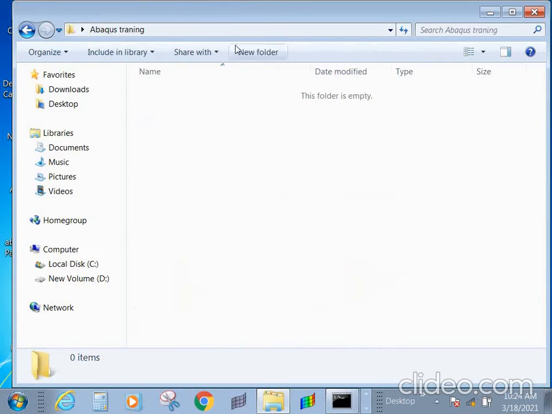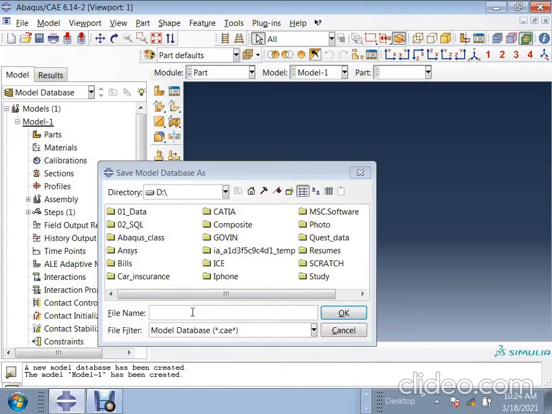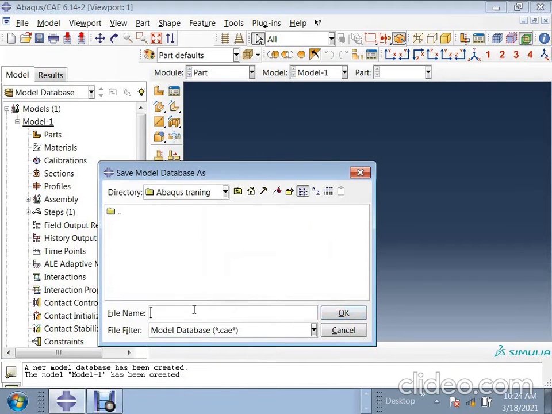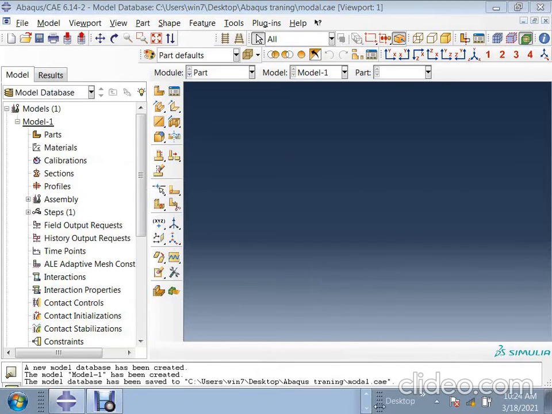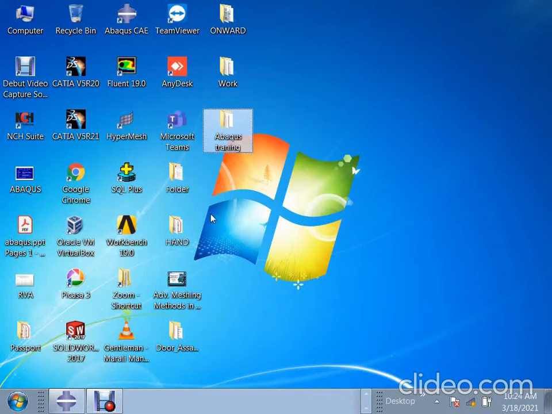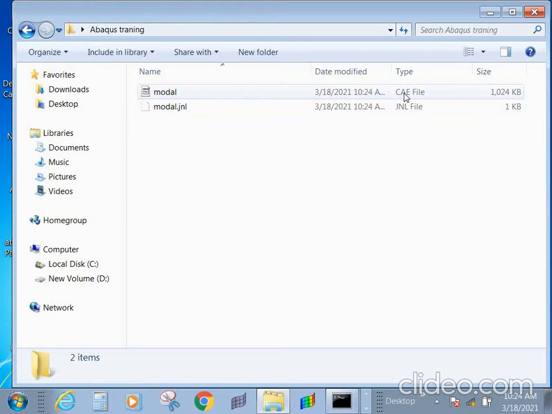If I save the file by the name modal analysis, your file will be saved as modal.cae. The extension will be .cae. Whatever you do in Abaqus CAE will be saved as .cae. This .cae cannot be used by other software, only Abaqus can use it, whereas other extensions will be there whenever you do a model.